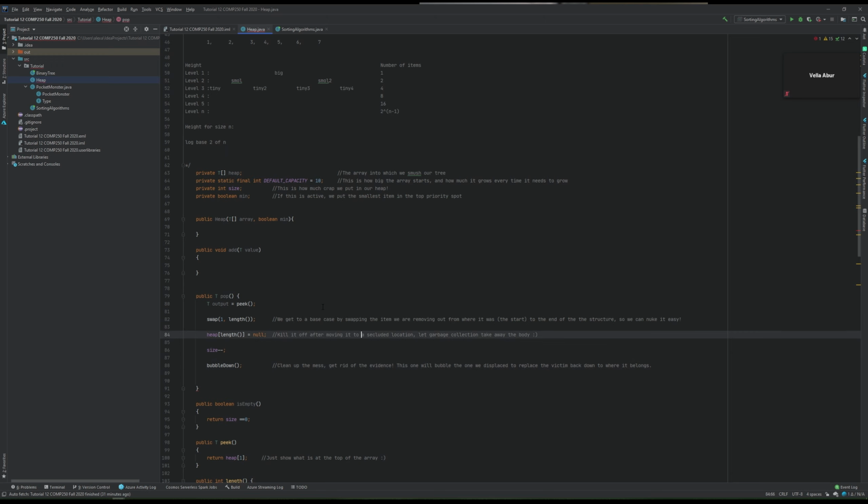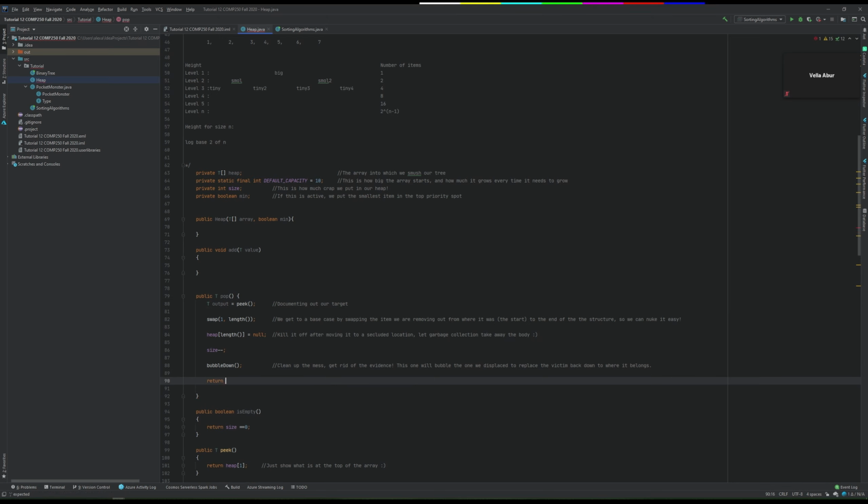So essentially, yeah, we're taking out our target. I guess our returning our target. Don't know how we want to describe that. Maybe documenting our target. Then return output will say delivering the target. Right, so we document our target, we do what we need to do with it, then we